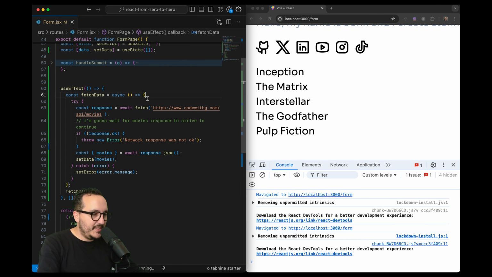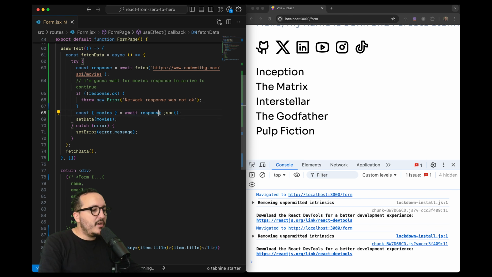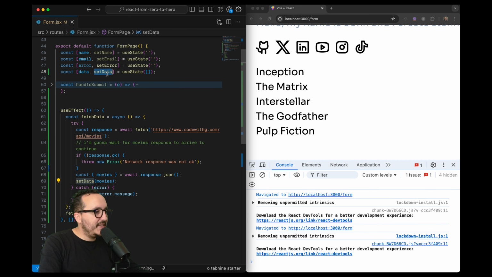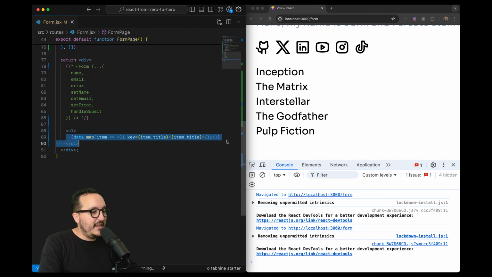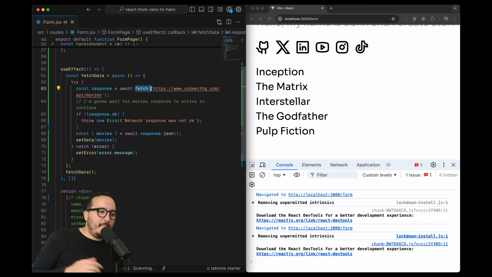So the operation is this: one, we fetch the data. If there is no error, we continue. If there is an error, we stop here at this line 66. We deconstruct data, assuming we know that here it's going to be an object containing a movies key, and we apply the data up there to setData, and here the component is displaying the data that has been fulfilled. Fetch is the basic solution provided by JavaScript to send and get data from an API, to communicate with an API,